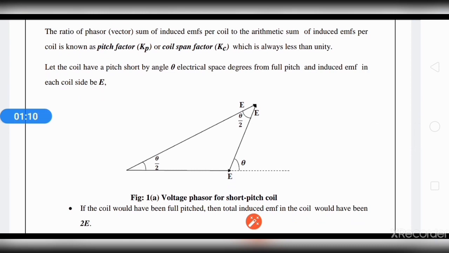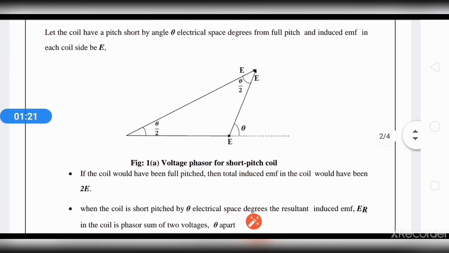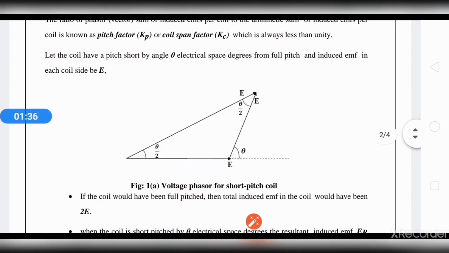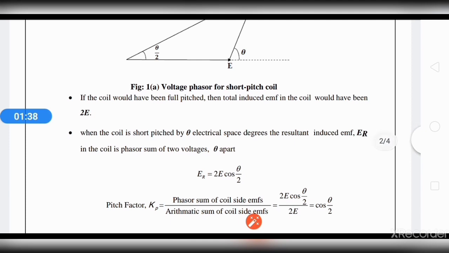Let the coil have a pitch short by angle theta electrical space degrees from full pitch, and the induced EMF in each coil side be E. Then if the coil were full pitched, the total induced EMF would be 2E, but since it is short pitch, the resultant sum of the induced EMF will become